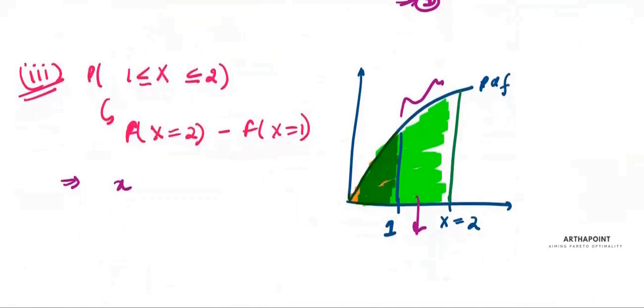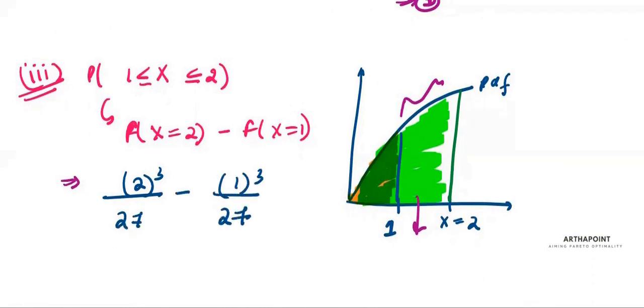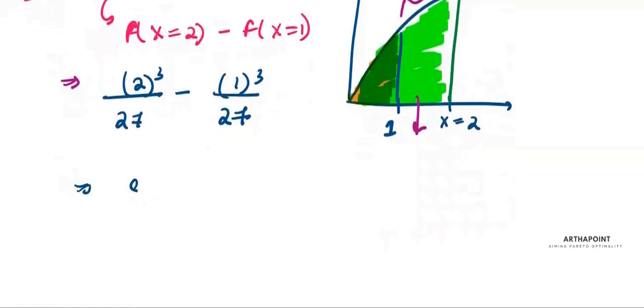So this is going to be 2 cubed by 27 minus 1 cubed by 27, and this is going to be 8 minus 1 by 27, which is going to be 7 by 27. So the answer is 7 by 27. Okay,